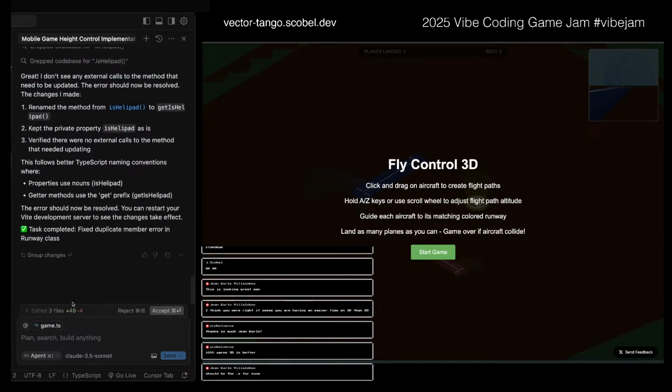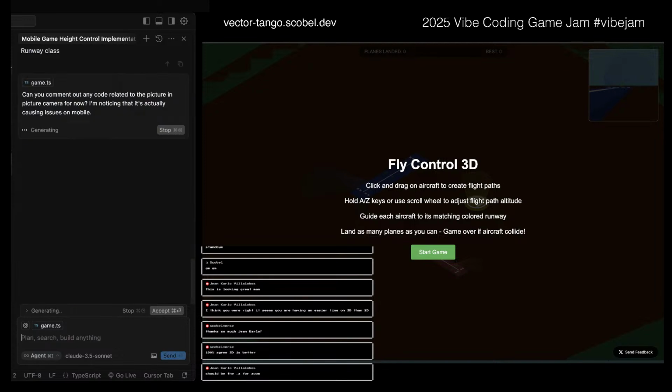Okay. All right. I gotta get rid of the picture-in-picture. Okay, I think this is gonna be fine. Can you comment out any code related to the picture-in-picture camera for now? I'm noticing that it's actually causing issues on mobile. Yeah. So I'm just gonna test this out here. You won't be able to see it, but